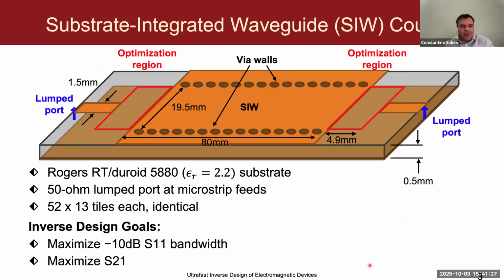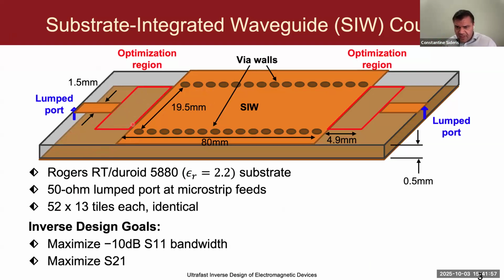To show that this is a pretty general approach, it's not just useful for antennas. Here is a broadband short length transition from a microstrip line to a substrate integrated waveguide. Normally, the way that you would do this would be that you would use a very long adiabatic linear taper. And so here we wanted to see if we could do it in considerably shorter length than you would need for a taper to be efficient. And so this design is actually less than 1/3 of the length of the taper that you would need